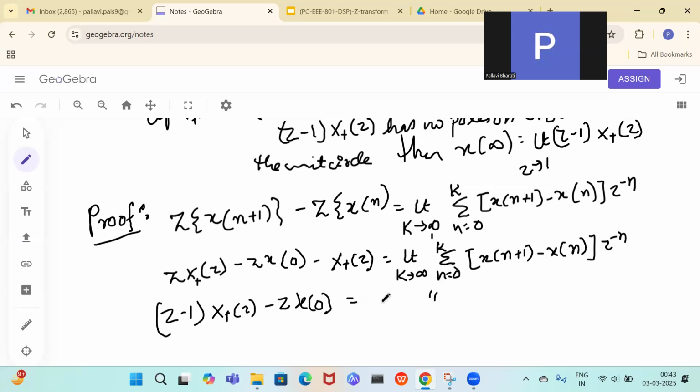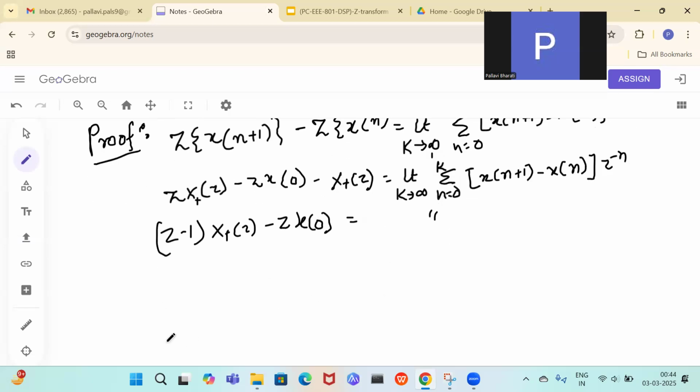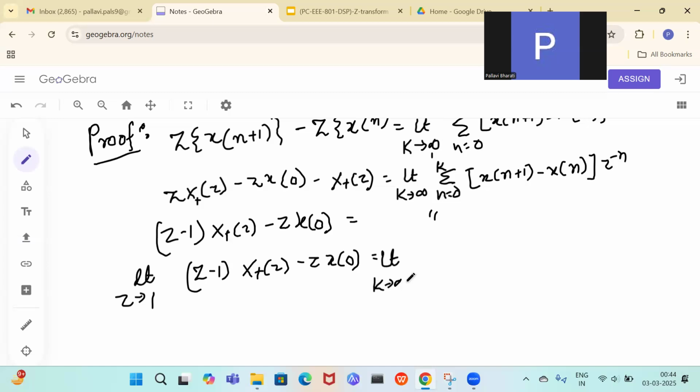So if you make this limit z tending to 1, then limit z tending to 1, (z minus 1) X(z) minus z x of 0, what will happen? Here you can write this one as limit k tending to infinity. The first term will be x of 1 minus x of 0. Then the second term is going to be, you take the summation of this and then write it, x of 2